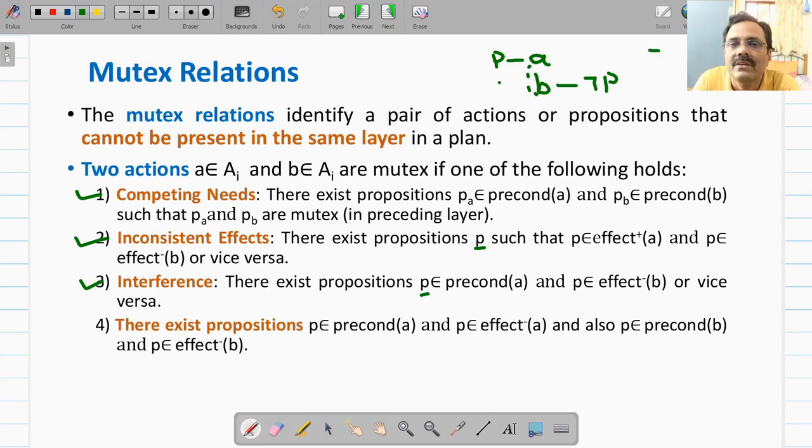Or you can have that precondition of A is suppose not P, and if you execute action B, it is deleting this not P. So whatever is requirement of A, this B is deleting that particular requirement. So we say that they are interfering with each other. So only one can be executed at a time. So therefore we will show that both are mutex.